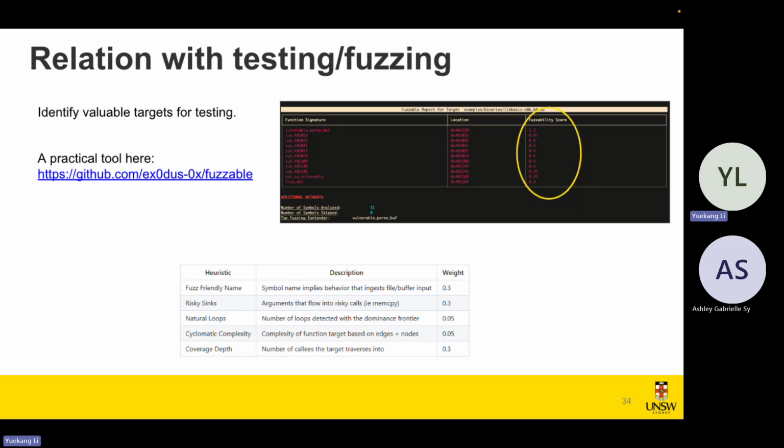And we can derive the value of cyclomatic complexity from the control flow graph, right? And the formula for calculating this is E minus N plus 2, right? E stands for the number of edges. N stands for the number of nodes. So we just use the number of edges minus the number of nodes plus 2 as the value of cyclomatic